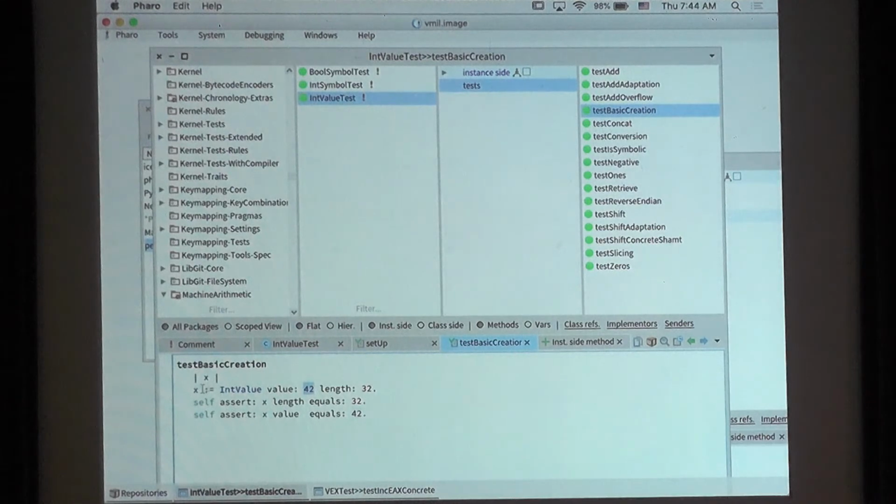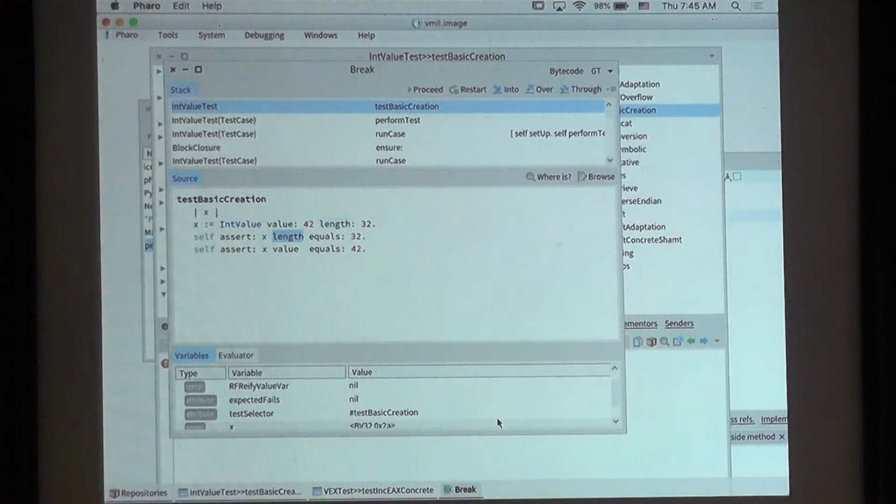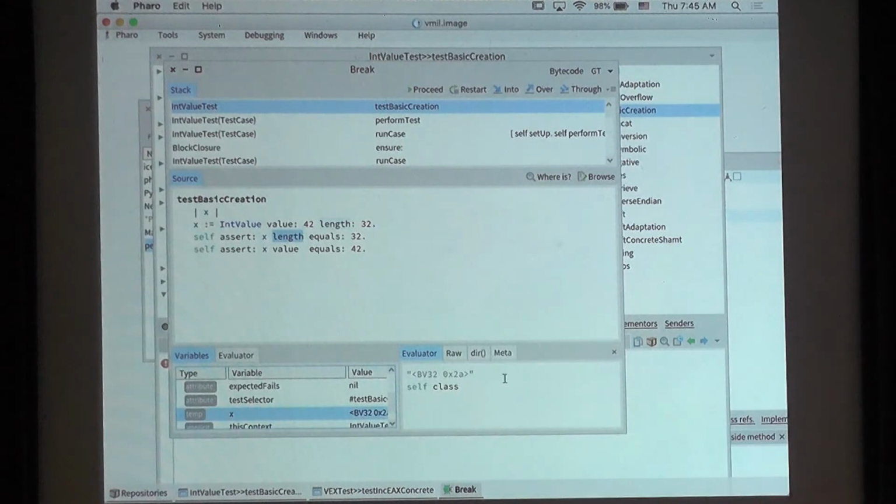And then we have this x, and I will show you if I debug this, I have an x, and it is a bit vector of length 32, and the value is 2a in hexadecimal. So, okay, the next thing I need to prove the correctness of, in this case the Smalltalk VM that I'm writing in Smalltalk, is the ability to not just simply